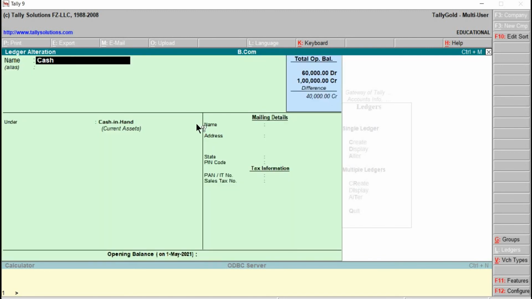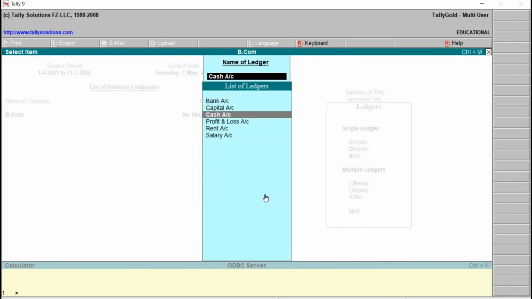We will make this one as cash account, right? Alias will be blank. Then later we will provide the opening balance, that will be 40,000. Once we provide the 40,000, this particular difference will go off. And then "Accept?", press Y from the keyboard.